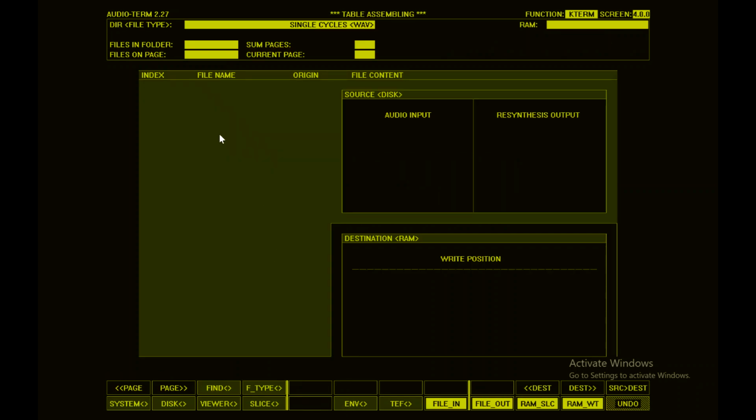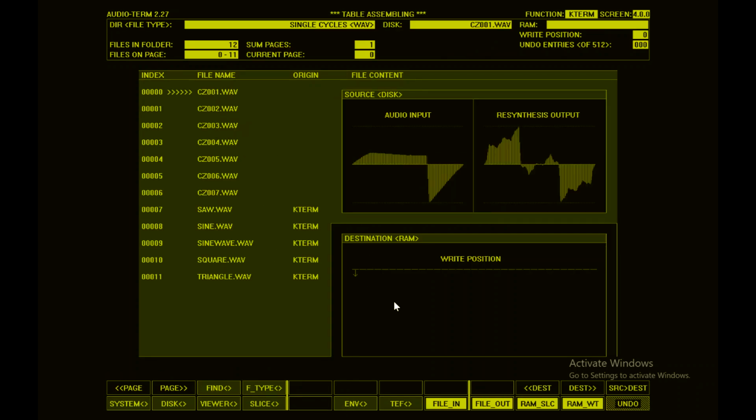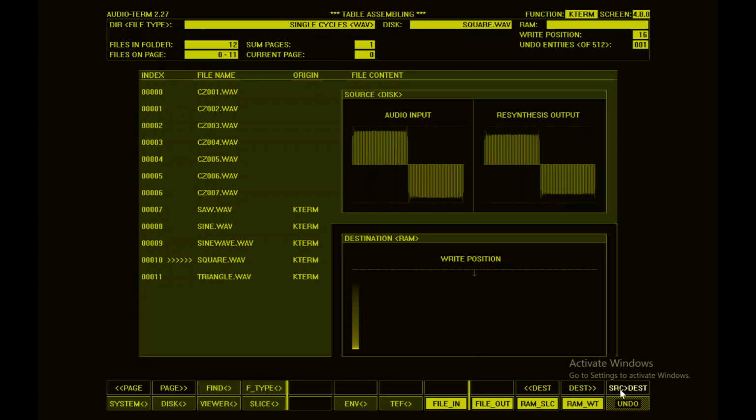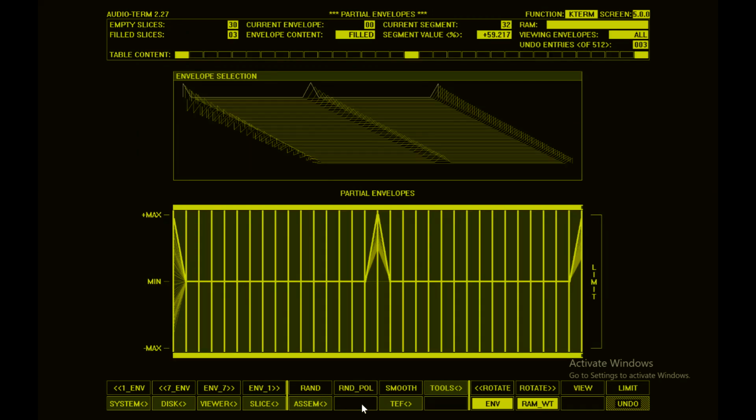Let's just load one into slice 1, and maybe put a square wave over here, and how about a sawtooth back here. Alright, now